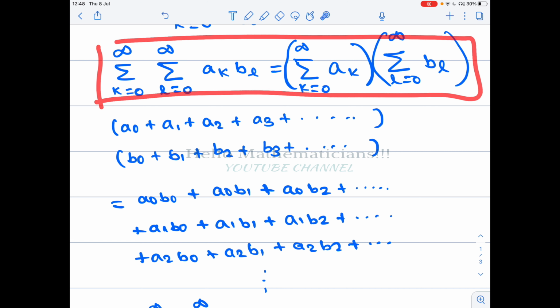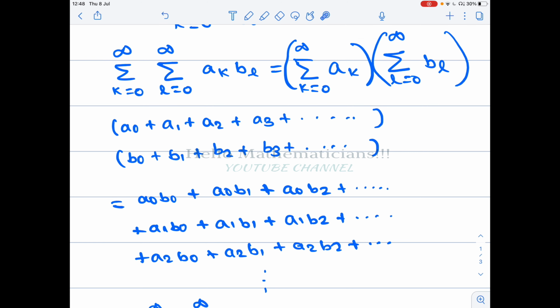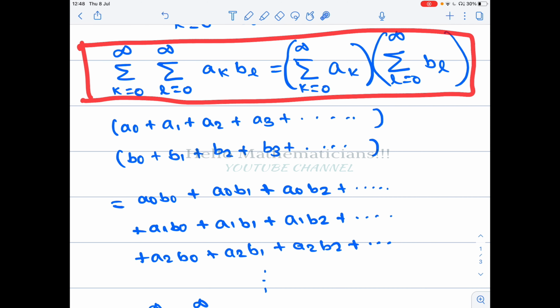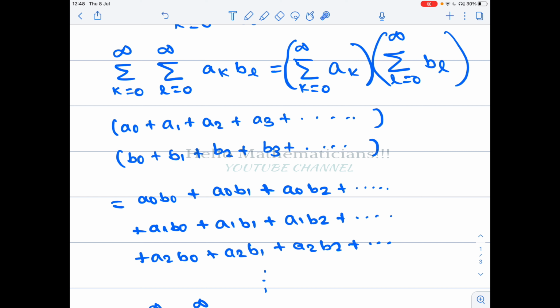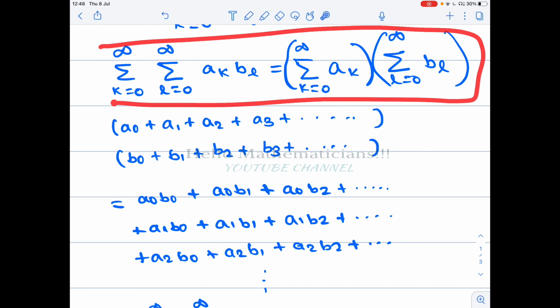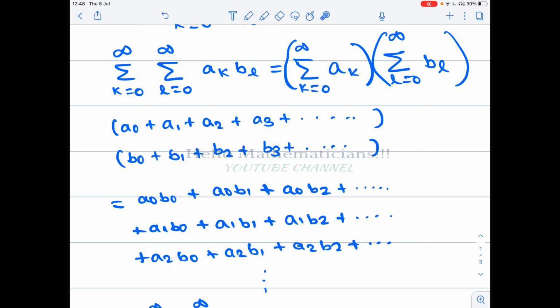The rigorous proof for numbers involves rearrangements and absolute convergence. All these conditions are required, but here we are working with variables, not numbers. For the time being, we just want to understand why this identity is true. We are not talking about any convergence here, just that the expression with variables is true. That is called a formal identity.